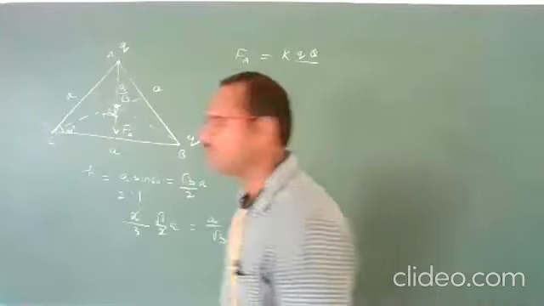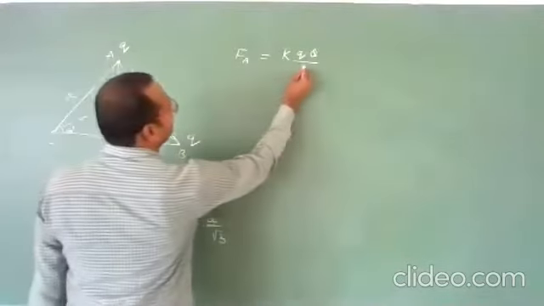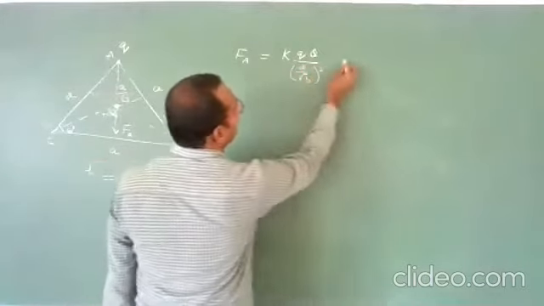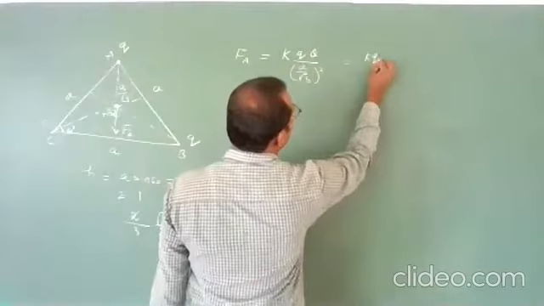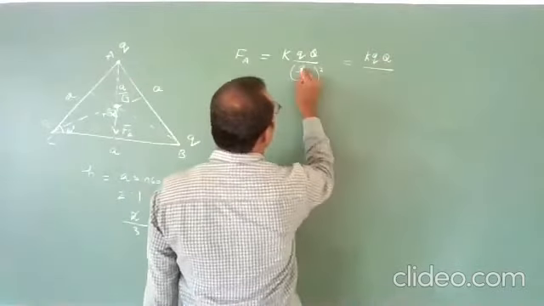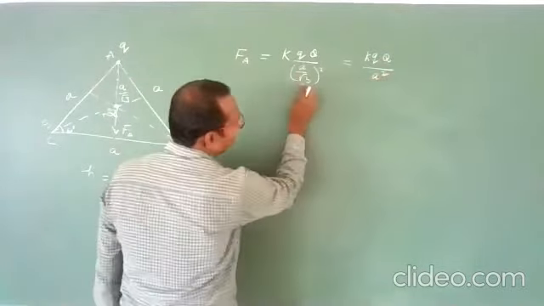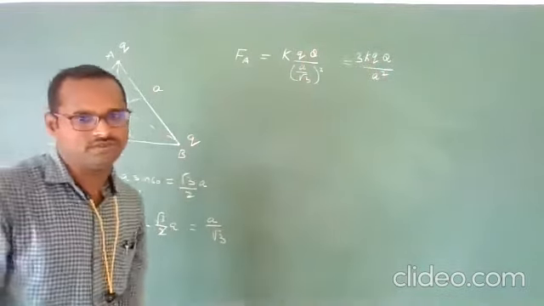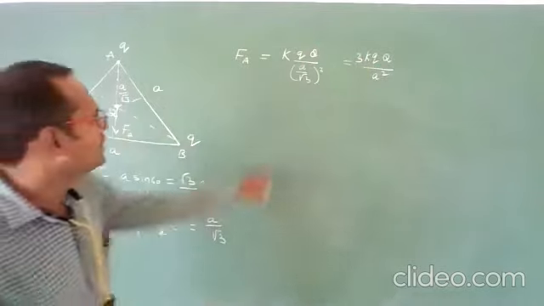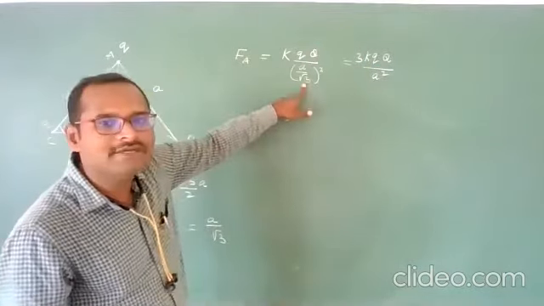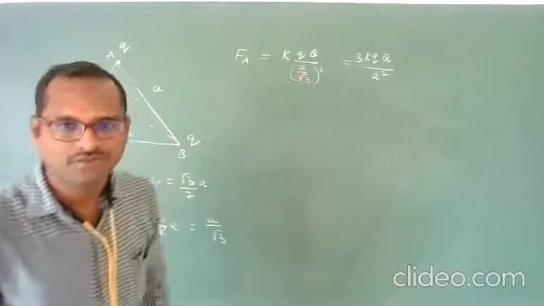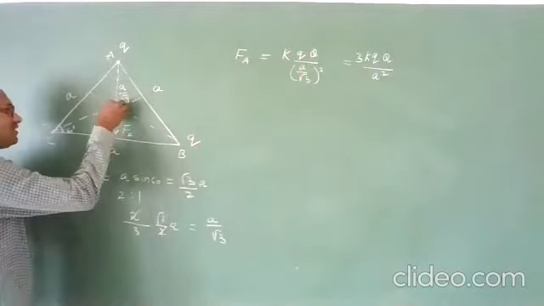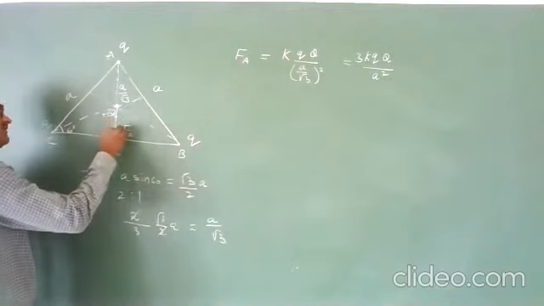Clear? Okay. So let us substitute here a by root 3 whole square. So value is k q divided by a square divided by 3. This 3 I'll write here. 3kq by a square. Clear? So root 3 squared will become 3. 3 is in denominator. It will go to numerator. Now this is in which direction? In this direction.